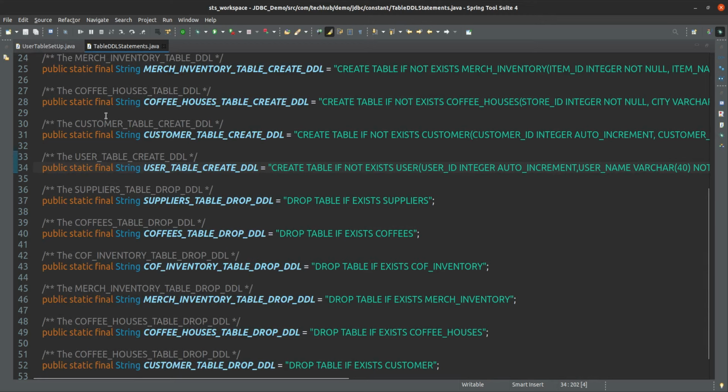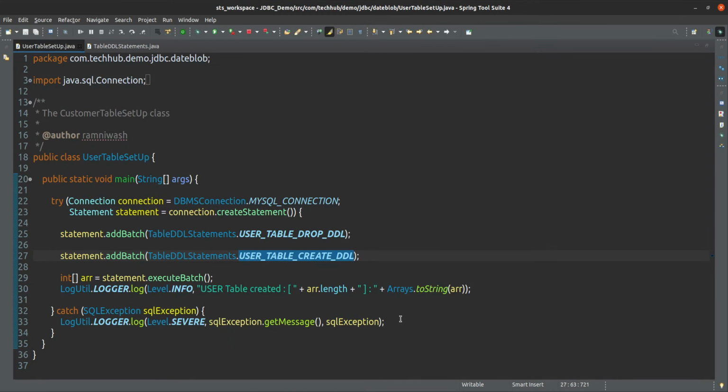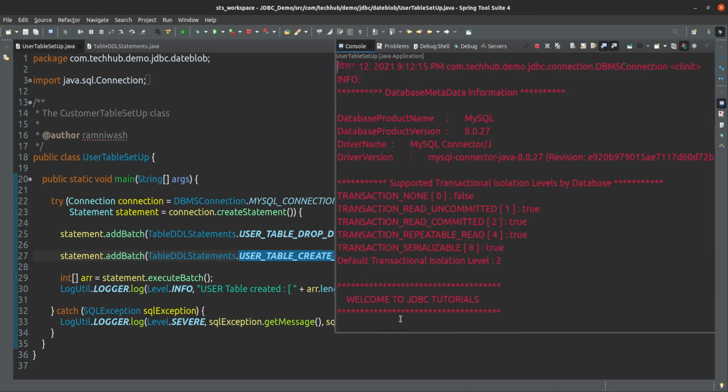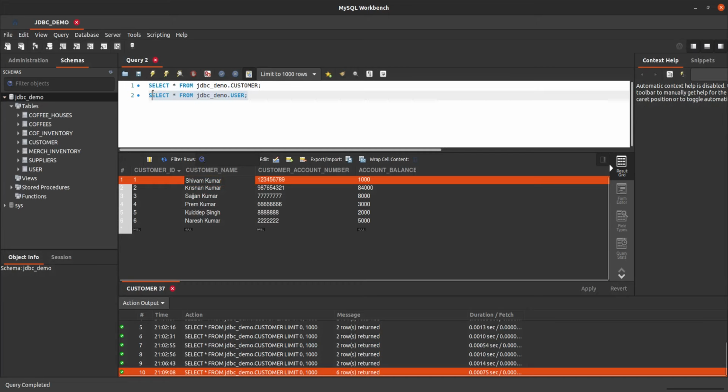So this table we first have to create, and we are creating this table first, and then I will show you the table column descriptions also.